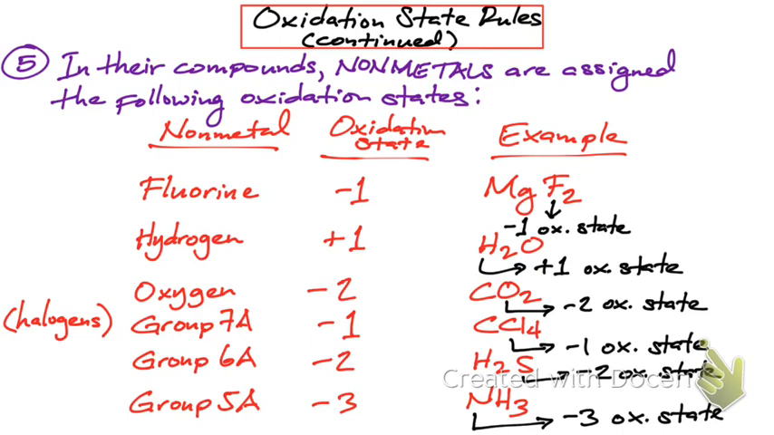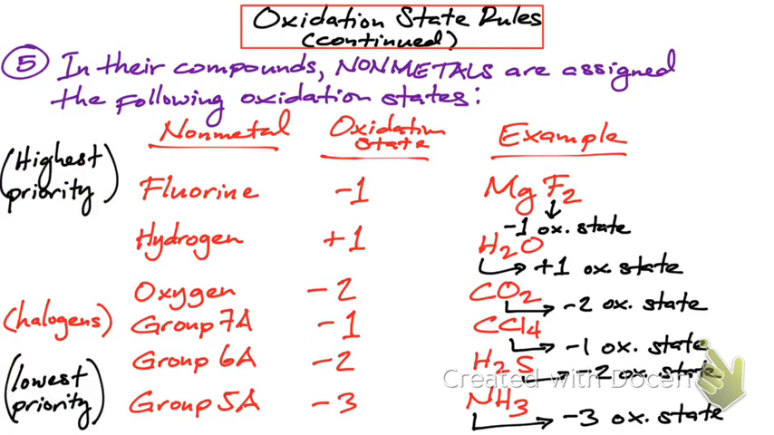And so whenever you're determining or assigning the oxidation state of nonmetals, you will have to follow rule number 5, right? And in this order. So that means that fluorine will take the highest priority, and group 5A elements, such as nitrogen, would have the lowest priority. So for example, if we have